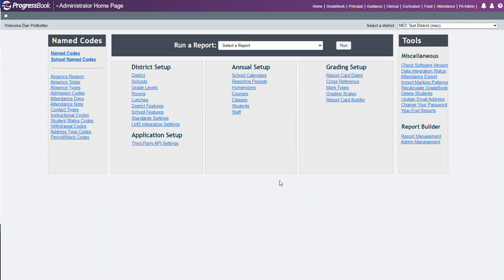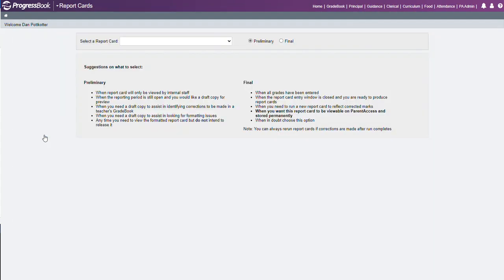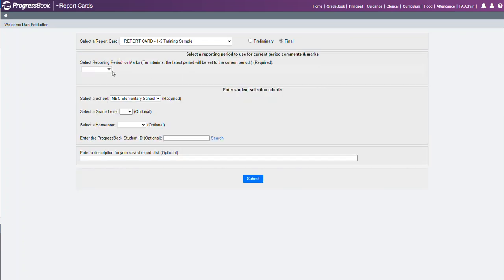This video will show how to take a gradebook report card and send it to the electronic vault. The first thing you do when you're processing your report cards, if you want them to go to the electronic vault, is either from the principal or the clerical screen, you will click on the run report cards like you normally would do. You then want to switch to the final button,